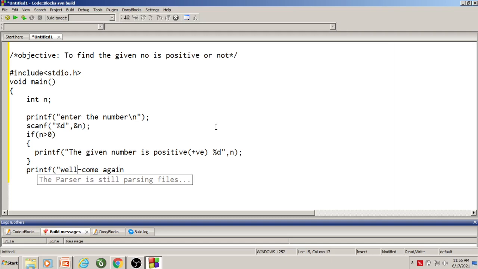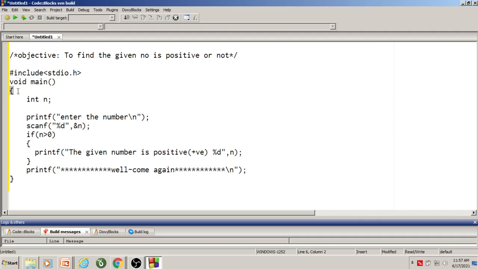This is a default statement which will be executed by default, irrespective of the condition being satisfied. So I write it this way, \n, double quote complete, semicolon, and this is the end of the program.